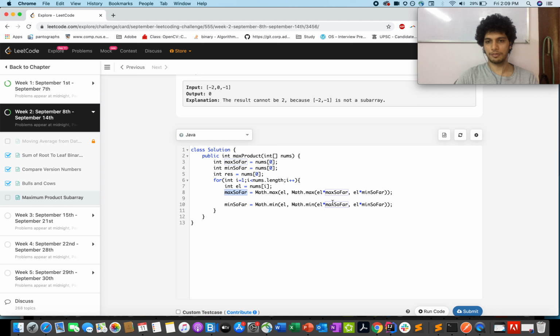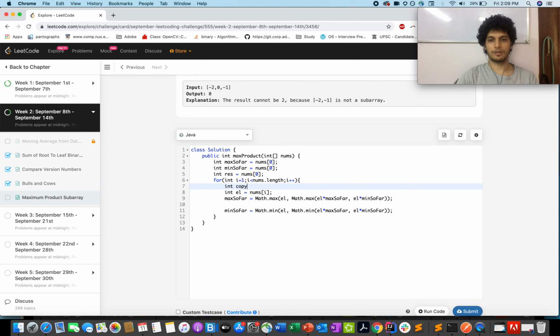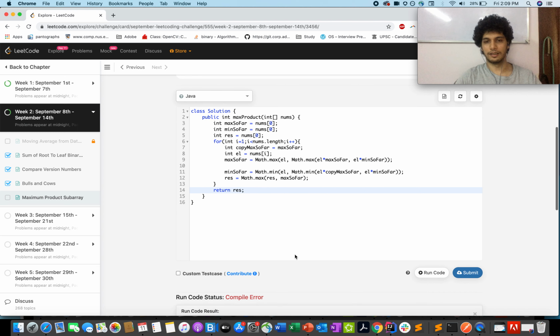You can't use this value because it might have got updated, so you need to create a copy of it. Integer copy of max so far equals max so far, and you will use this here instead of this value because it might have got updated in this process. And now let's update the result. Result would be equal to Math.max of res comma max so far.